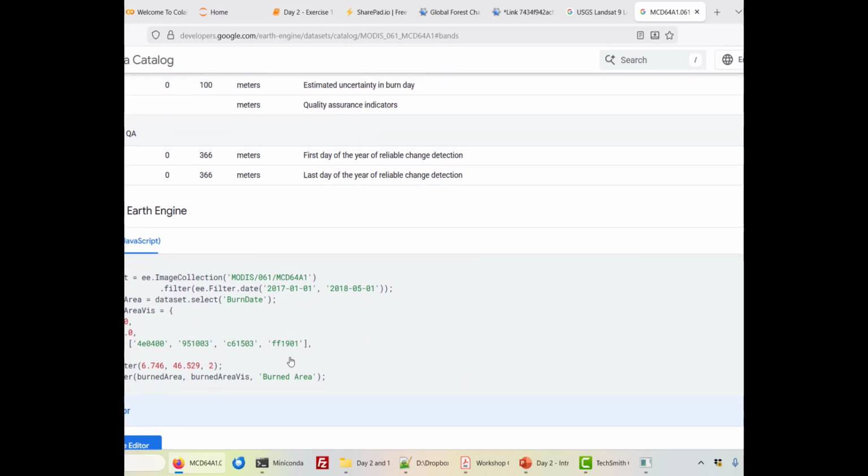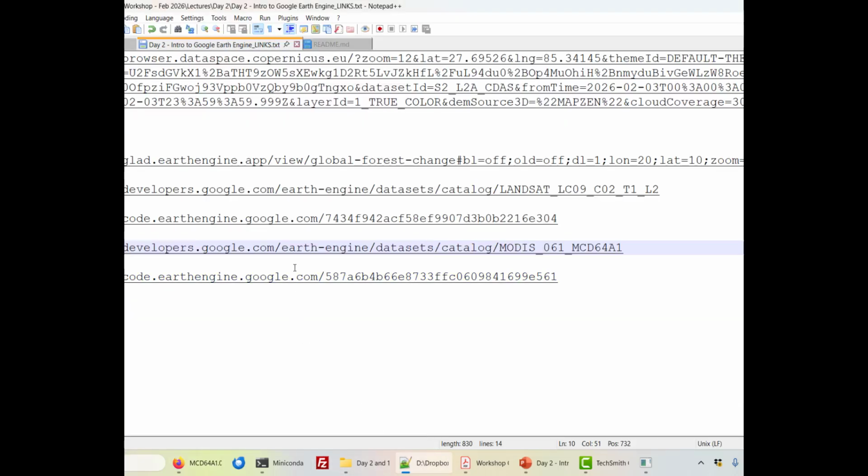If I want to just quickly load in this data, there's, of course, like before, a small code clip that you can open up and look at, and it will give you a visualization of when there was a burned area in some specific area, wherever they've decided is a nice place to do this visualization. What I want to do, however, is something a little bit more complicated, just to show you some of the capabilities here. So this last link, which should open,